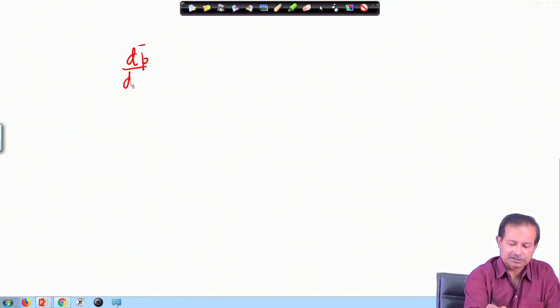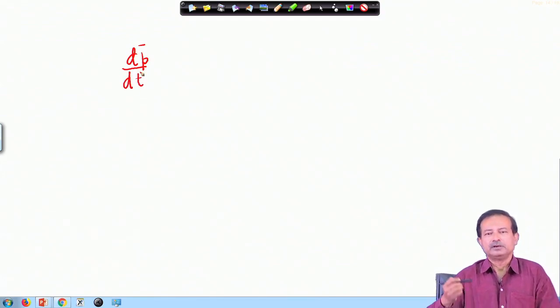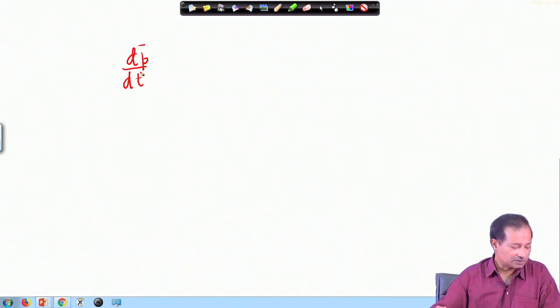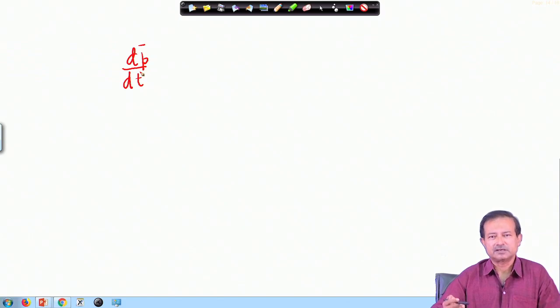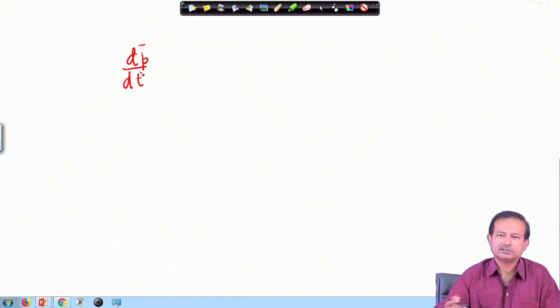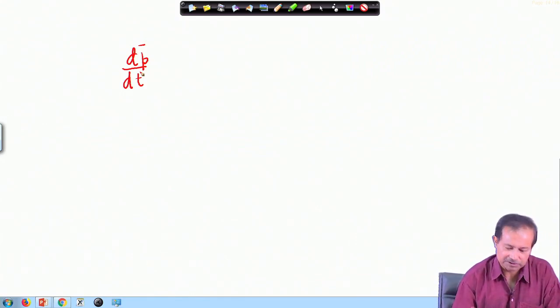When there is an electric field that is time varying, in that case this will not be 0. It will follow the time dependence of the electric field, and we can work out the equations of motion, the equations for conductivity in such a situation. I will show you that the conductivity becomes a complex number in this case, and it becomes frequency dependent. It is a very short calculation and anybody can do it easily. So, this is what I will work out now.